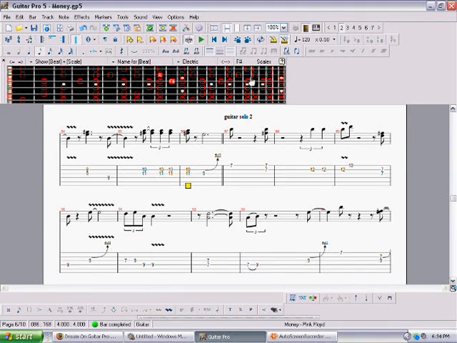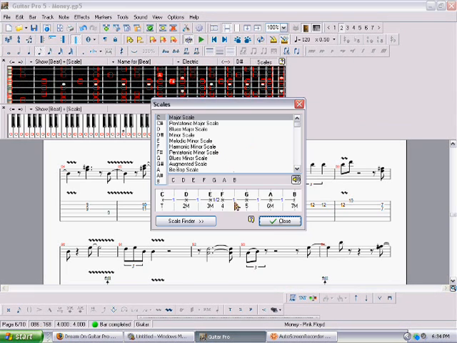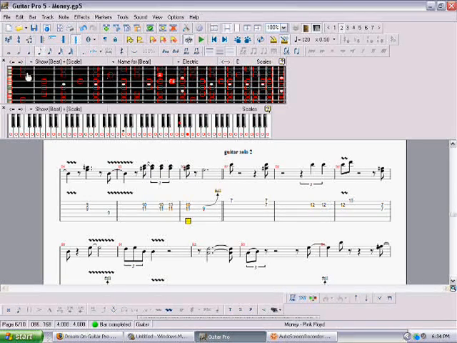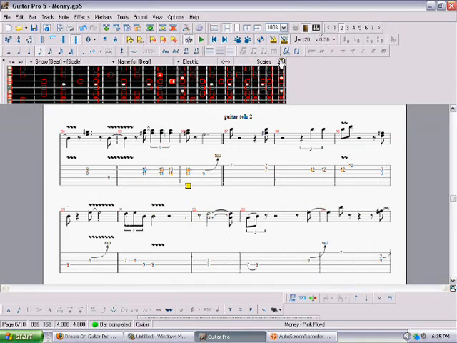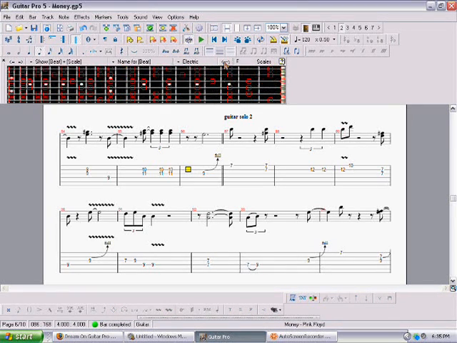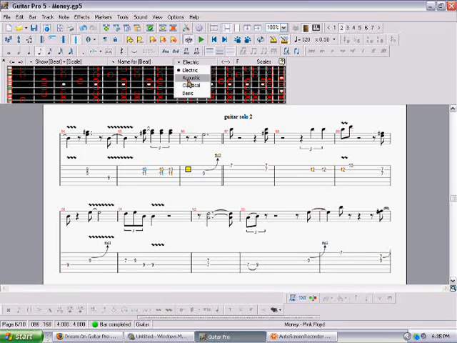and those are all the notes that are in the key of C. You can just do all sorts of crazy stuff. See, these are all the notes that are in the C scale for if you're playing in the key of C. That's quite helpful. You can change just what the